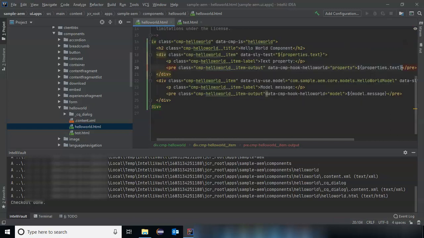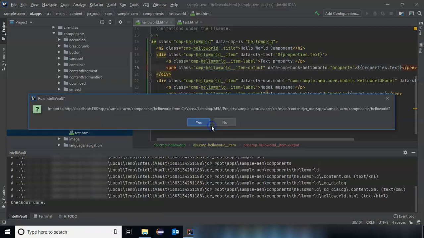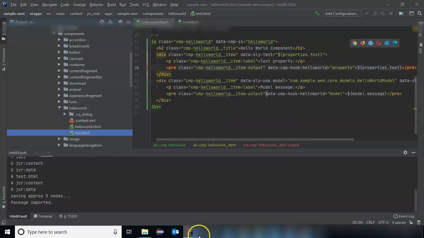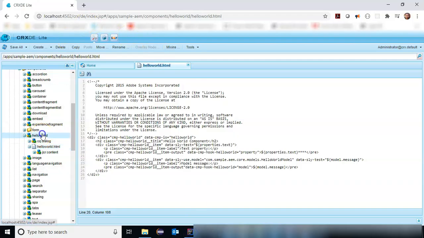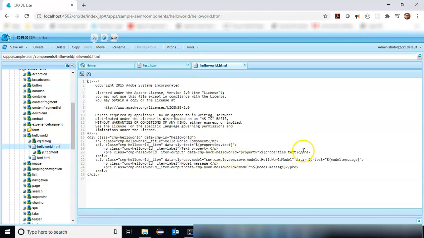So my intention right now is to only push this test.html into my CRXDE. So now I'm going to do a push of that file with an expectation that that file is going to get pushed, right? But if you go and check your CRXDE, you can see that file got pushed. Along with that, whatever change you made is gone, right?